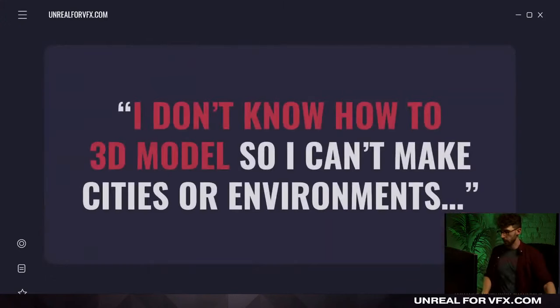All right. So a lot of people say, "This is great, Josh. This sounds cool. Sure, you can take screenshots. I can download characters. I can download environments. I don't need to animate anything. That's cool, sure. But I don't know how to 3D model things. And like making a whole city, that has to be super, super complicated, right?" The reality is there are so many cool shortcuts that you can take where you don't have to 3D model anything to make your first films.